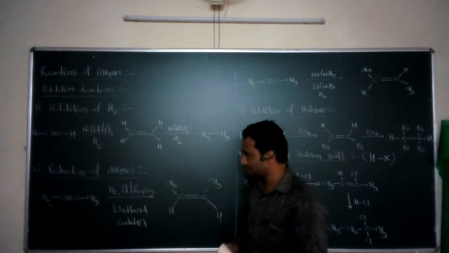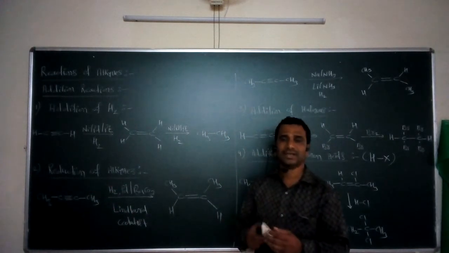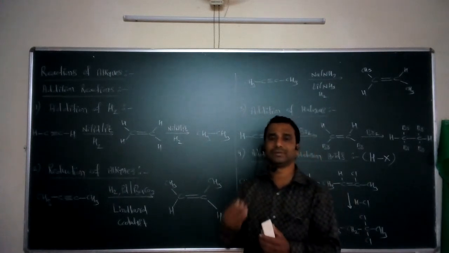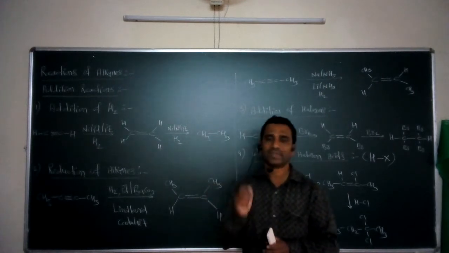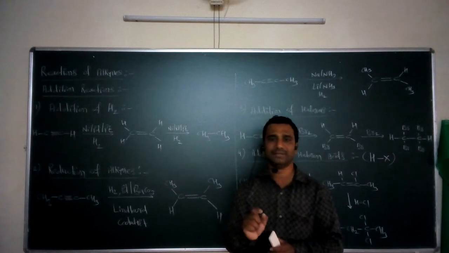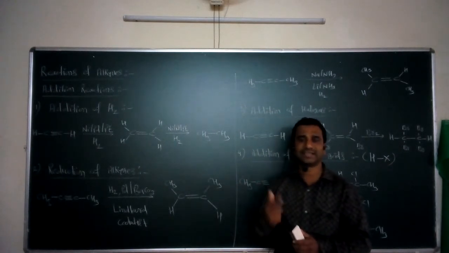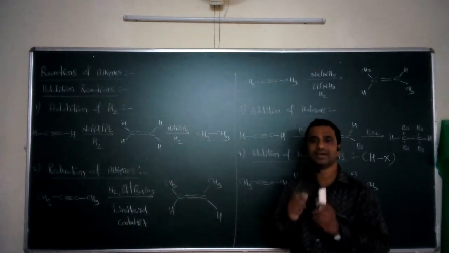After this first simple reaction, we look at the second simple reaction given by these alkynes, that is called the reduction of alkynes. Now what is meant by reduction? Reduction means the triple bonded compound is converted into either a double bonded or a single bonded compound. In other words, whenever hydrogens are added across the carbon-carbon triple bond to form either alkenes or alkanes, that type of reaction is simply called reduction.